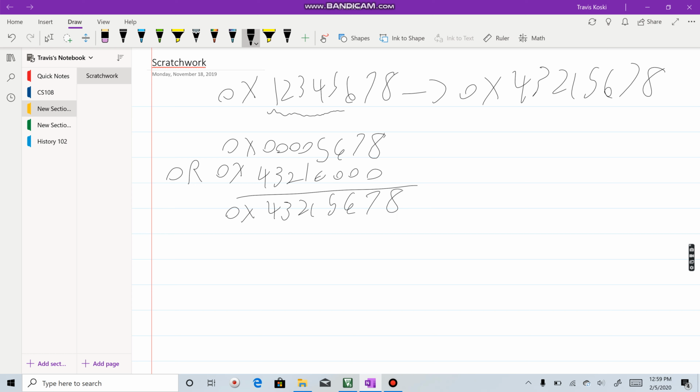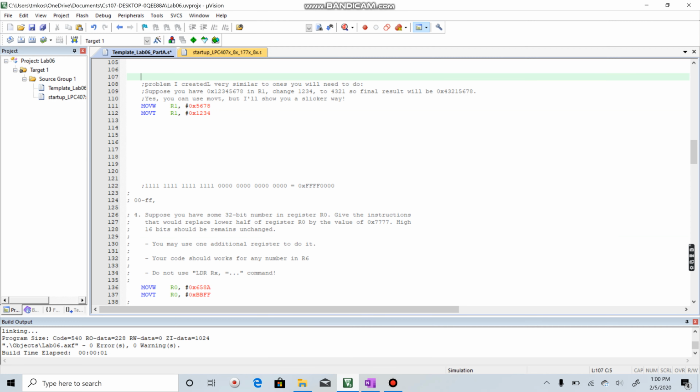That should make complete sense, right? The reason these are zeros is because 5, 6, 7, 8 doesn't need to change at all. So that's the bit mask we're going to need. But before we worry about that, let's worry about clearing out the upper half of that register first. So going back to the coding environment,